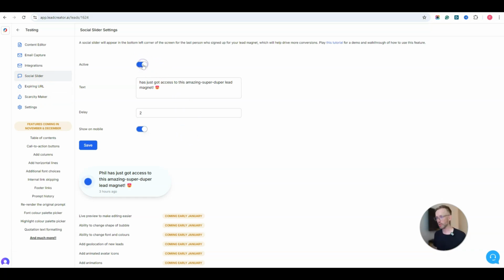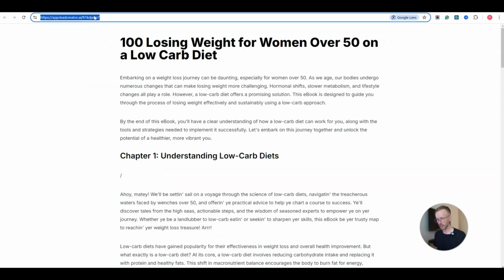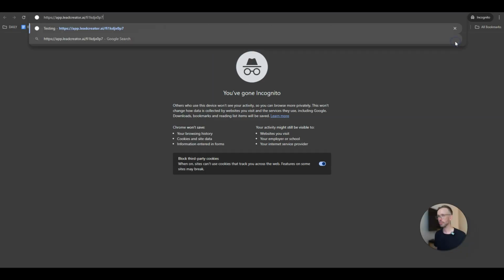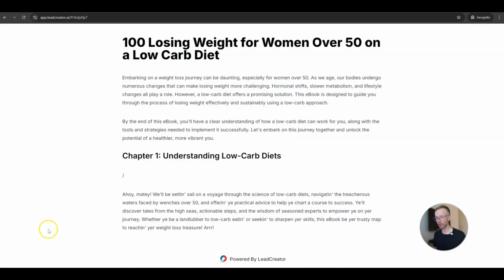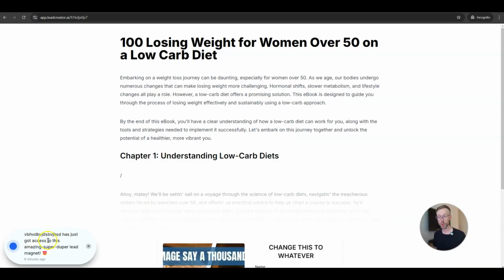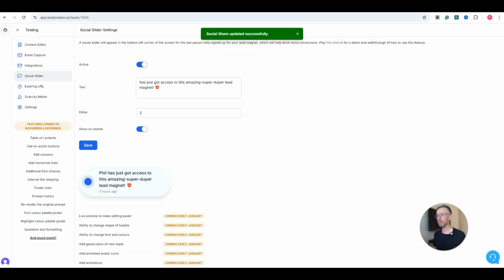So if I go to activate here right now and go to save, if I now take this URL here, and if I go ahead and open it in incognito mode, right, it'll come up here in the corner saying who was the last person who opted in. Now here you can see, I obviously entered in some random letters here, but this here says, this person opted in 6 minutes ago. That's me, okay? And that's a conversion element there,